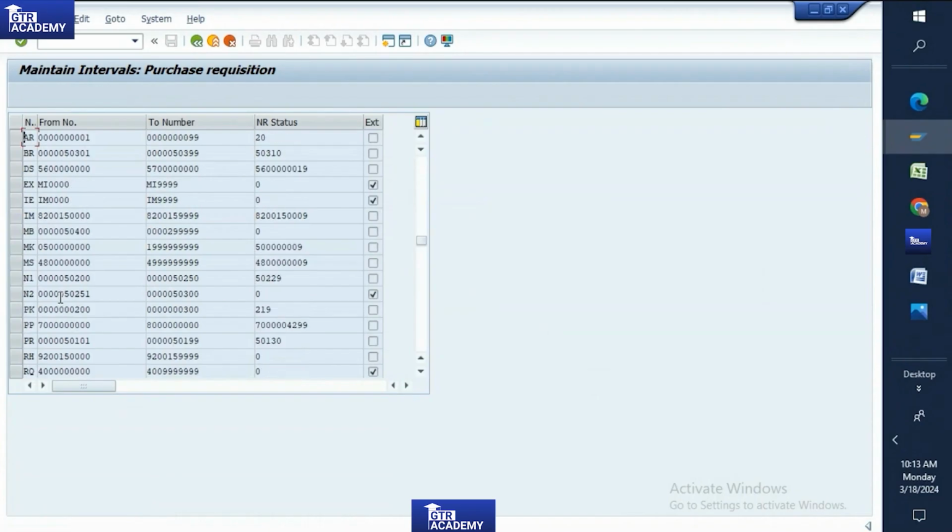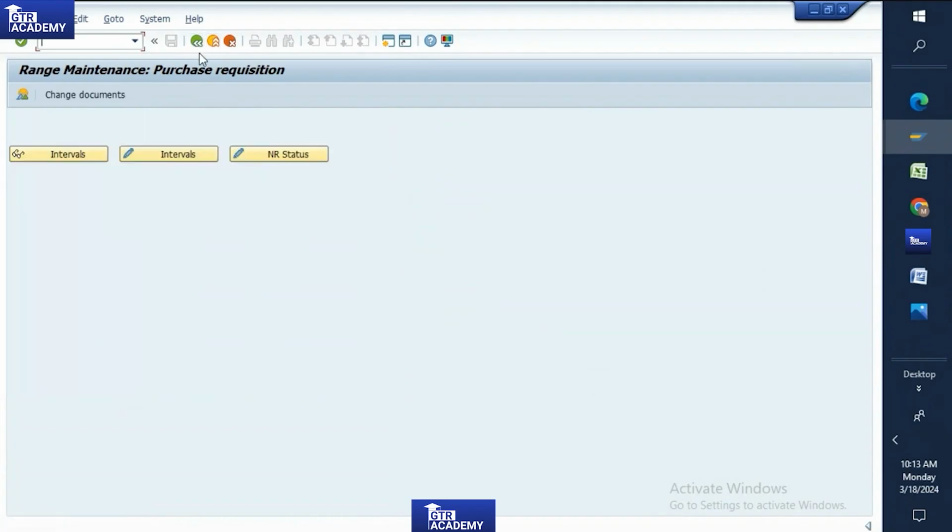RH we have created for the internal number ranges, and for the external number ranges, EX. Yes, we can see this, right? Done. We have defined the number ranges, that's all. The next step is,